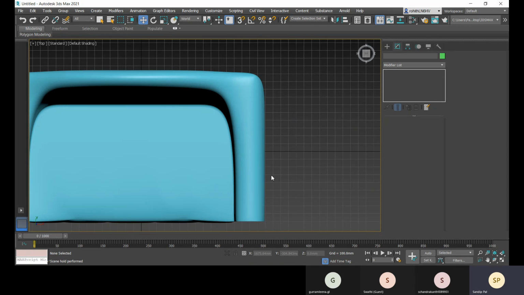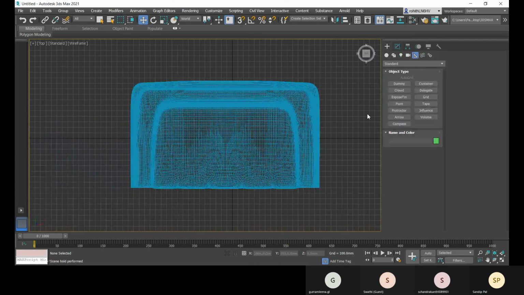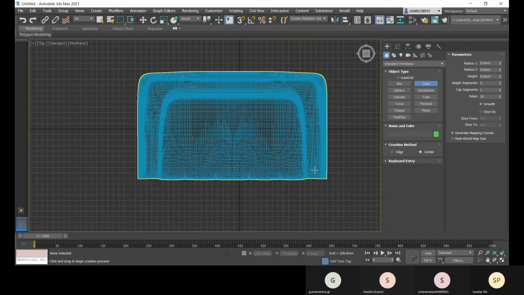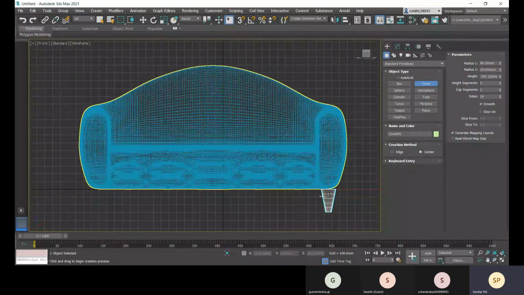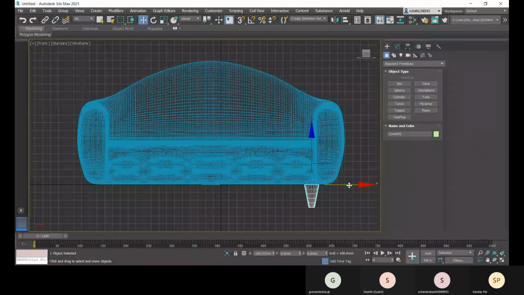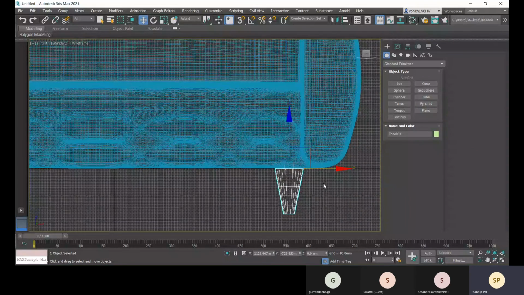Now let me go to the top view, F3, and now let me go to create, go to cone. Let me come to the front view there, and that will be placed here.